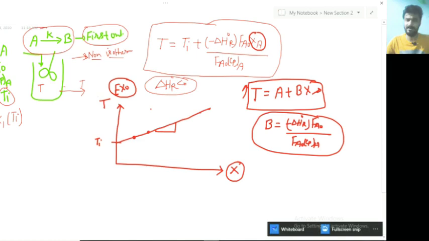Now understand one thing. In the question, they have given a particular conversion, XA equal to 0.8. Calculate the volume of the reactor required for this particular conversion of this reaction. Now how will we proceed with this type of numerical? For a particular conversion, you can calculate the value of the outlet temperature of the reactor from this particular equation. And once you have calculated the outlet temperature, you can calculate the value of K2 at a particular temperature T2. Okay. Now how?